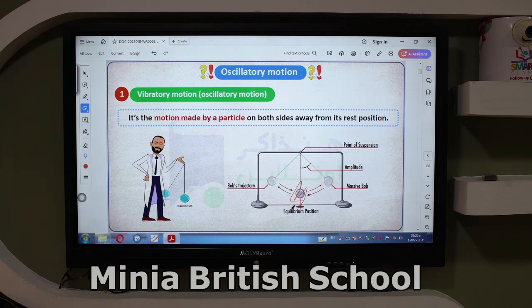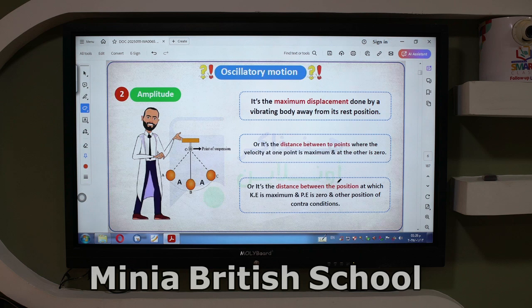Can we have the maximum displacement, which is called the amplitude, for this pendulum? Yes, from M to A. We can say that this is the maximum displacement. Another name for it is the amplitude. What is the amplitude? It's the maximum displacement done by a vibrating body away from its rest position,